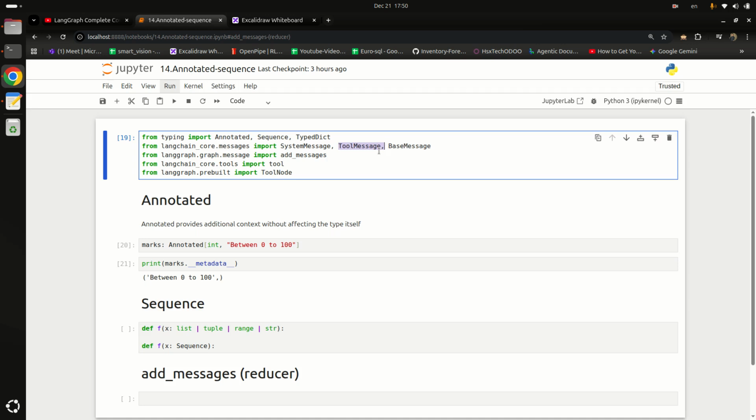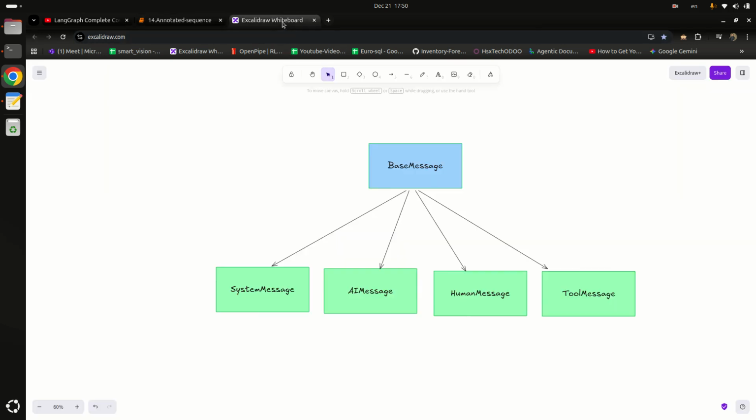It may contain the result of the tool or the tool ID maybe. That tool message we pass to the LLMs, and on the basis of that content, LLMs generate the response. Another message type is base message. Base message is basically the base class of all these message types. All these messages are inherited from base message.